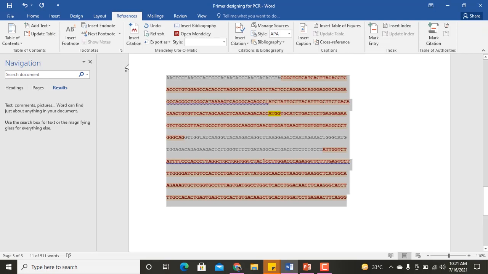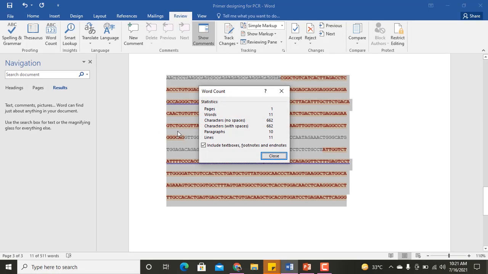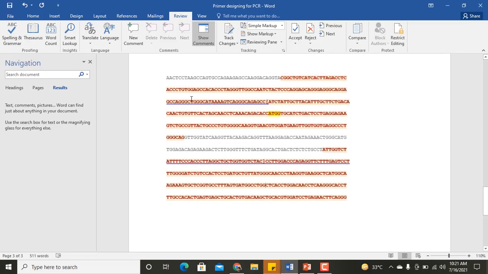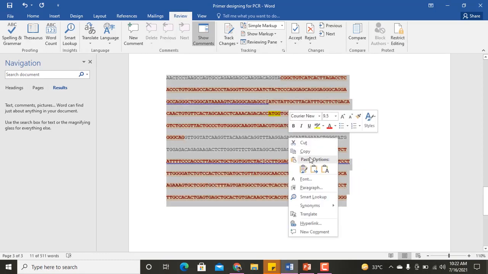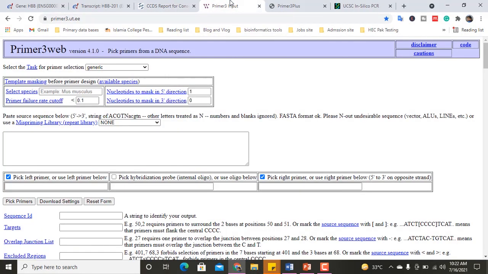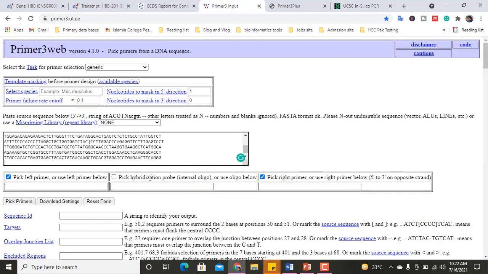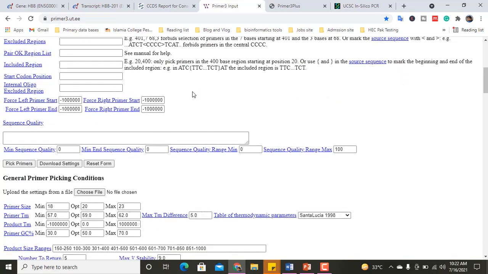After some 14-15 nucleotides, you will write a bracket, and at the end of the first exon you will also put a bracket so the software will detect that region. The algorithms are set in the software. So these brackets will tell the software the region where you need the primer. Then copy that sequence and paste it into